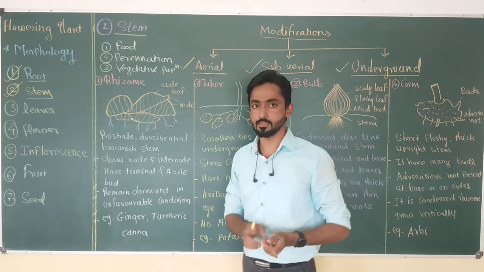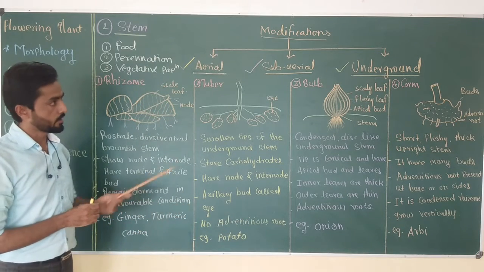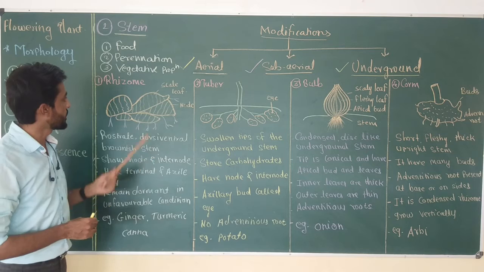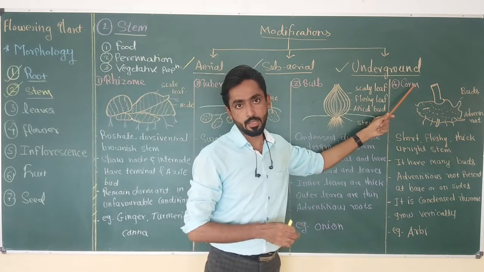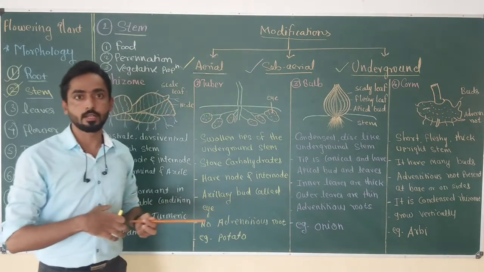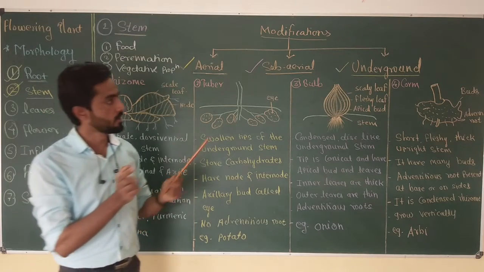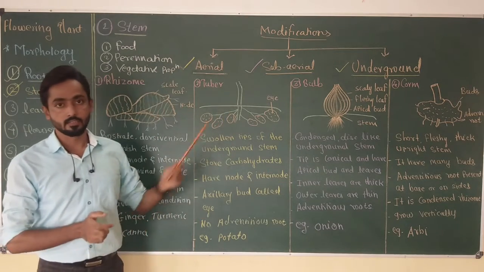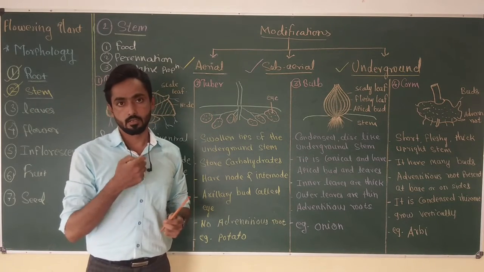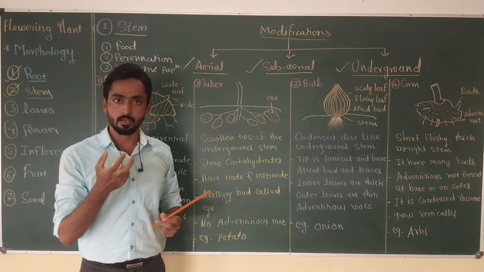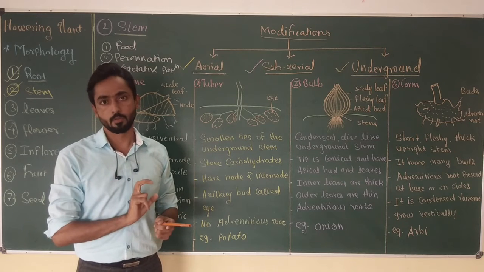In this video, we are going to discuss four important types of stem that come under underground modification. Number one is rhizome, then tuber, bulb, and corm. Okay, this type of stem generally grows below the soil surface. So sometimes it may look like root, but the main difference between underground stem and root is that stem shows distinct node and internode. It also shows leaves and growth of adventitious root system. So even though the stem grows below the ground, it is quite different from the root of the angiospermic plant.